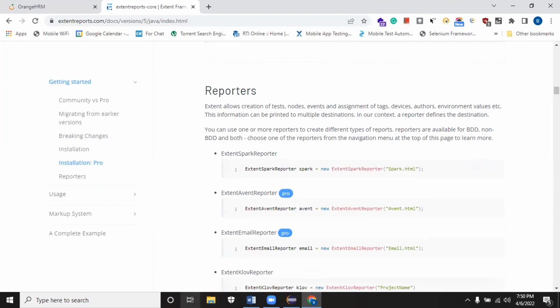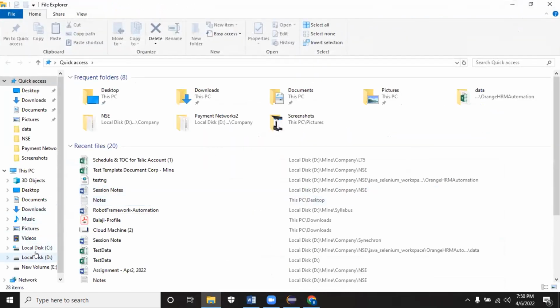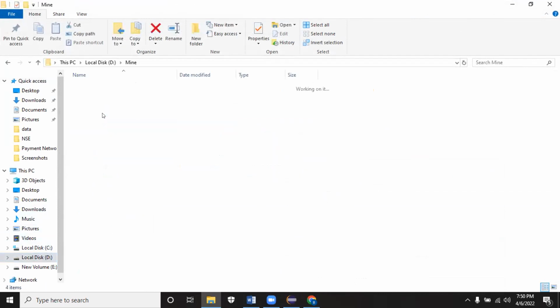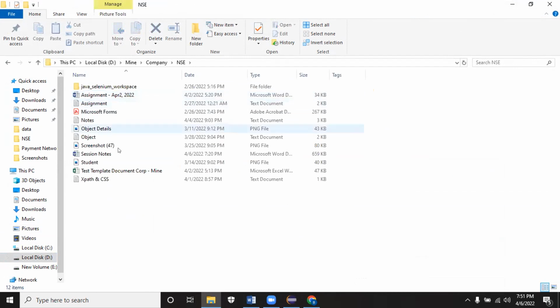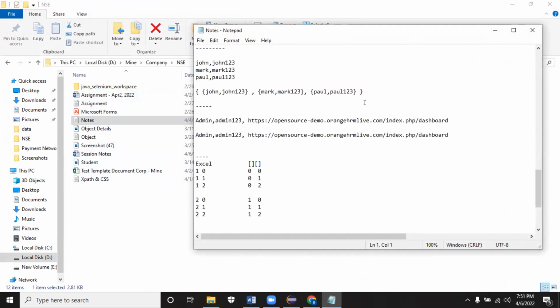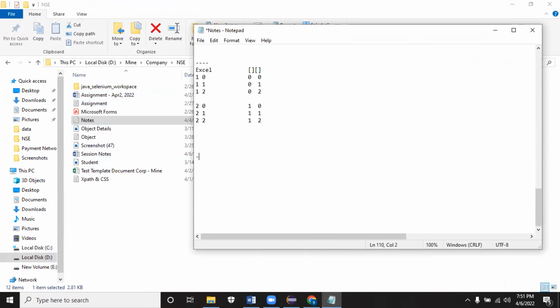To create that HTML report for our code, we need to log everything. When it comes to this Extent Report, we need to log everything. It's a completely customized report. If you want, you can add it into the framework. It is not going to be an auto-generated one like TestNG. We have to set up the details one by one. A few things we will try to do with Extent Report.